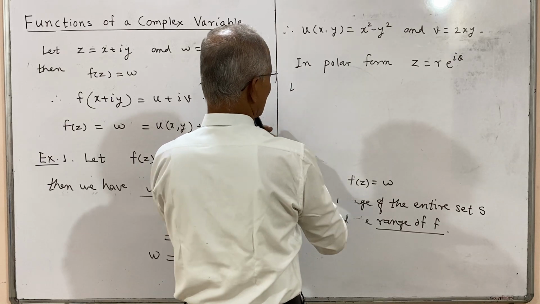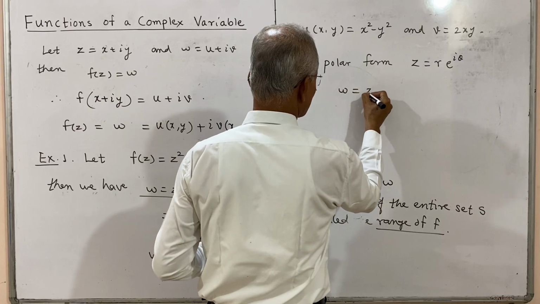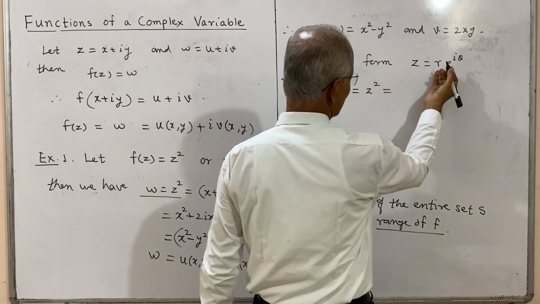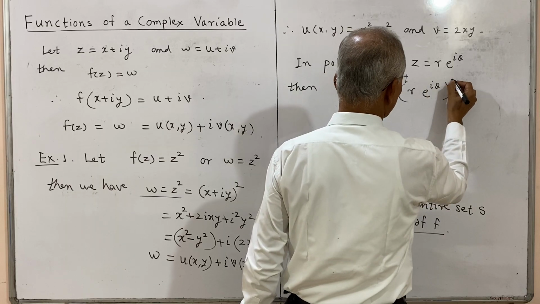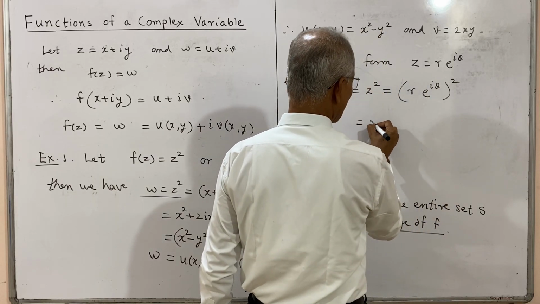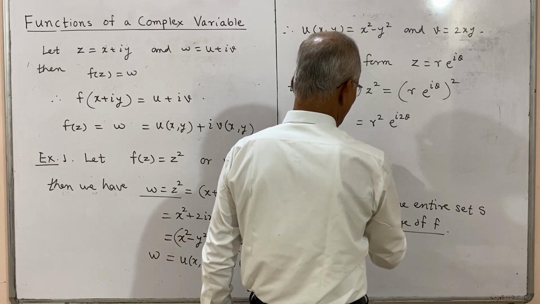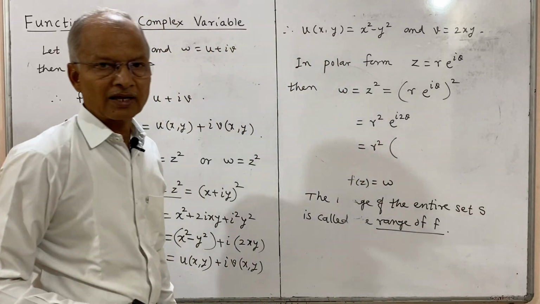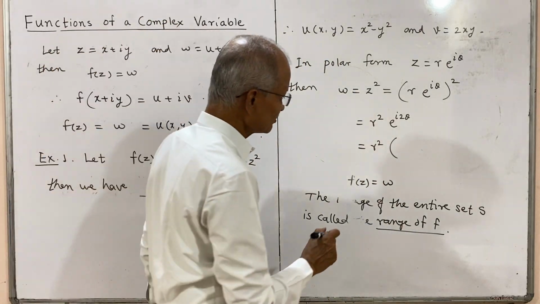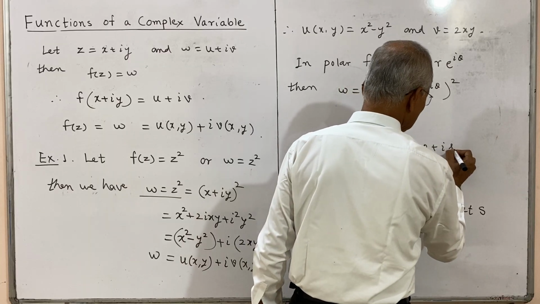So w is equal to z square becomes the square of r e power i theta, that is r square e power i into 2 theta, and this, by Euler formula, e power i into 2 theta is cos 2 theta plus i sin 2 theta,